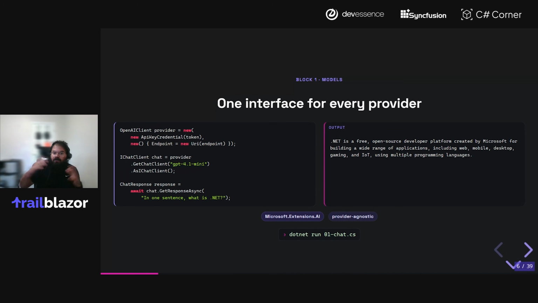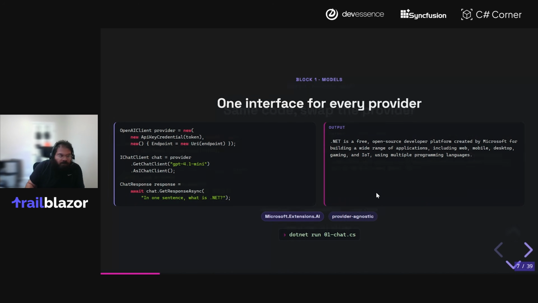So there's not a major rewrite that you need to do just because you're switching a few things in your implementation. This is the thing that the rest of the ecosystem builds on top of. If you were to send a request, in one sentence, what is .NET, you get something like this. And again, the power here is that it's provider agnostic. There's one interface that you can program against.